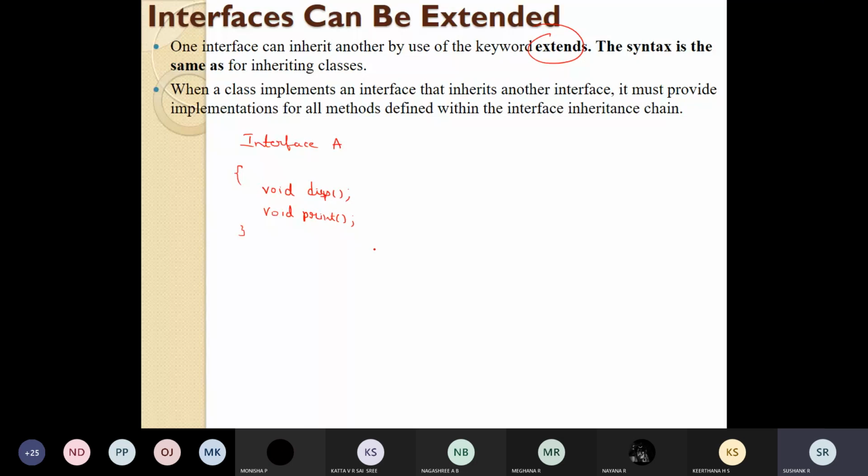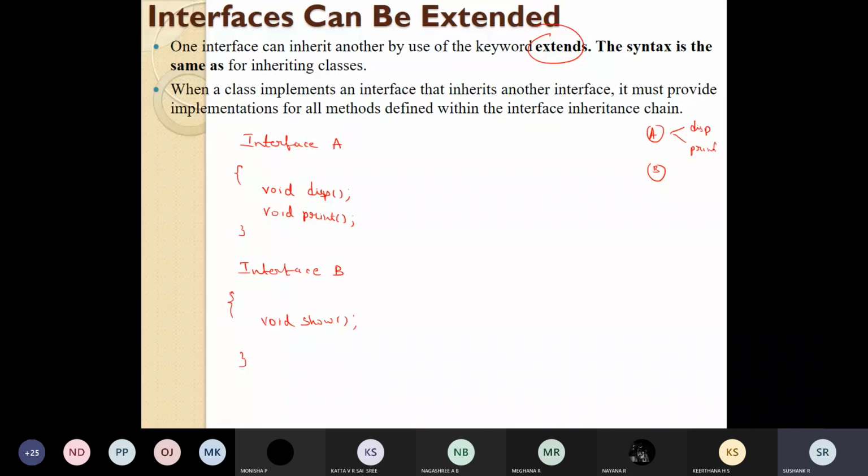So now there is one more interface called interface B. This interface will contain one method called show method. So we have two interfaces, A and B. A contains two methods: the display method and the print method.